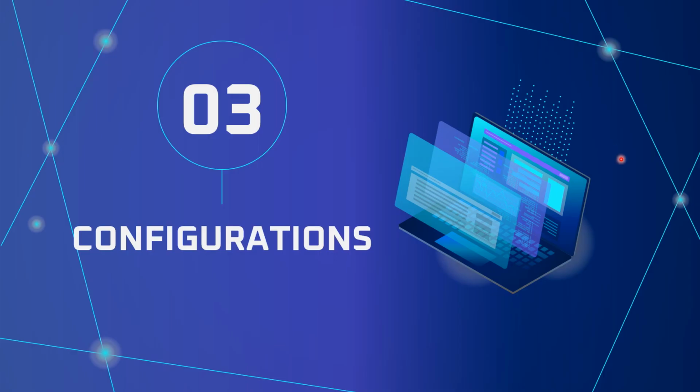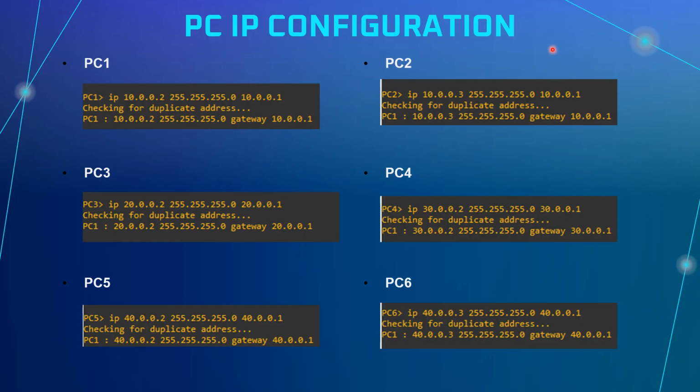Next one is the configuration. Firstly, PC IP configuration. We need to configure for all PCs. For PC1, the IP address is 10.0.0.2 and the subnet mask is 255.255.255.0, which is /24, and the default gateway is 10.0.0.1. For PC2, the IP address is 10.0.0.3, the subnet mask is /24, and the default gateway is